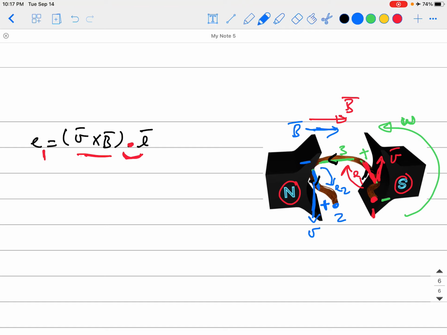So this can be quantified. E1, before moving around, will be just V B L, without the vector arrows, which means they are all magnitudes. So that's the magnitude of V multiplied by the magnitude of B multiplied by the magnitude of L. Okay, guys? And if you want to find E on conductor 2, which is the blue one,